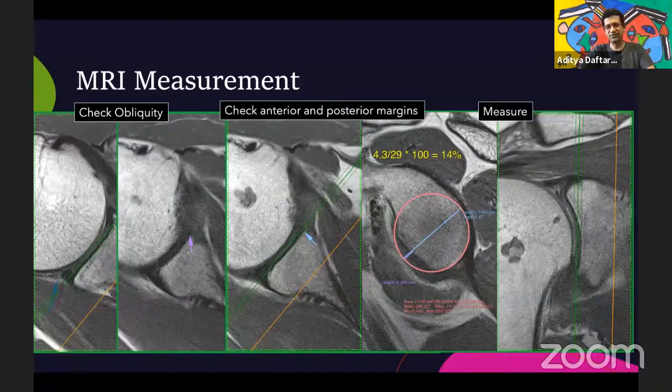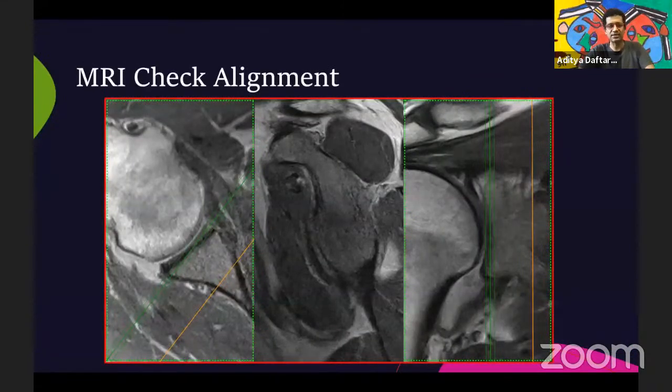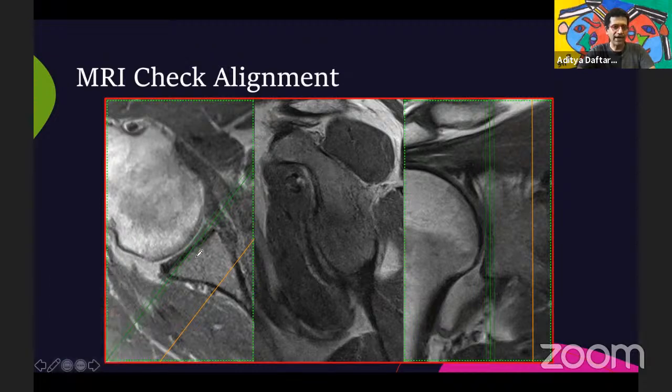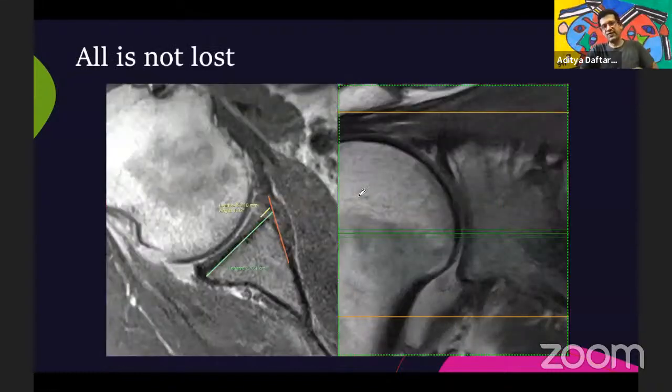Now, if I don't have that image, like this case here, you can see that the glenoid is off axis. It's a little bit oblique to the axis of the sagittal plane. And similarly here on the coronal plane, let me just draw that out actually. Ideally, this line should have been running in this direction, but it's running a little cross to that. And ideally, this vertical line should have been running a little bit in this direction, and it's running a little bit cross to that. So therefore, we're getting a really odd looking glenoid diameter, and that makes the glenoid look really funny, and you're slicing through and not really getting the best image out of this. But even in those cases, I find that all is not lost.